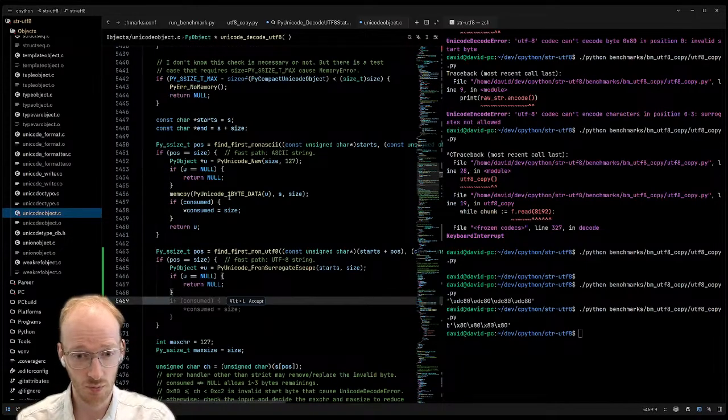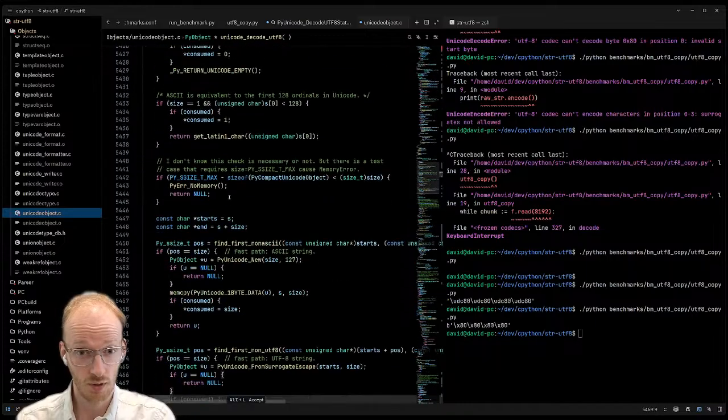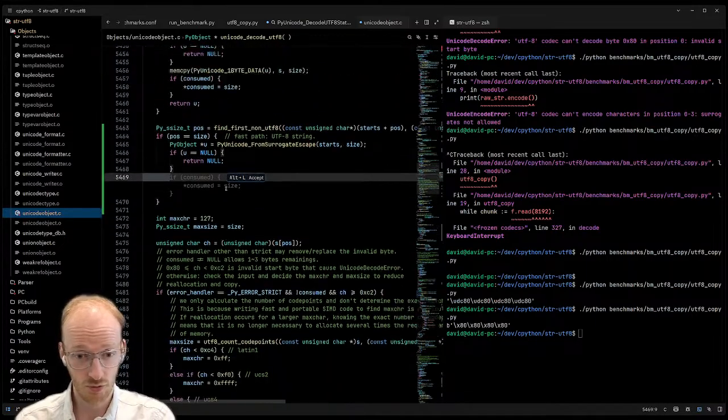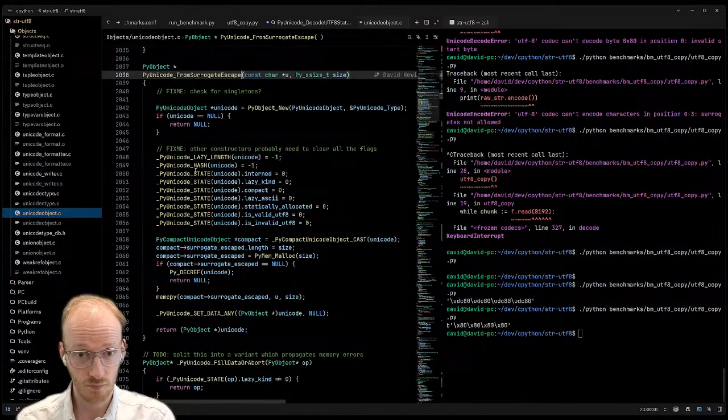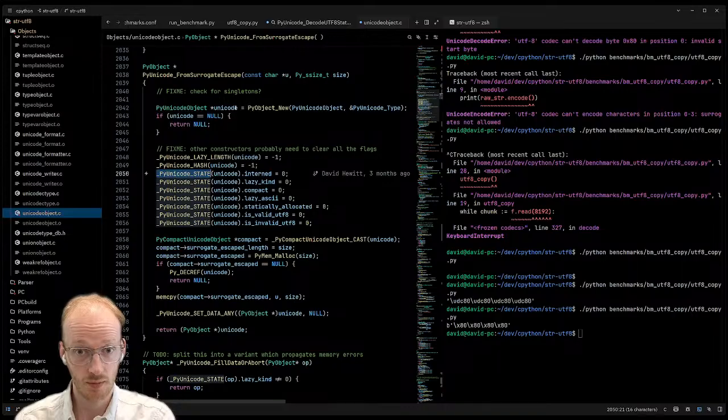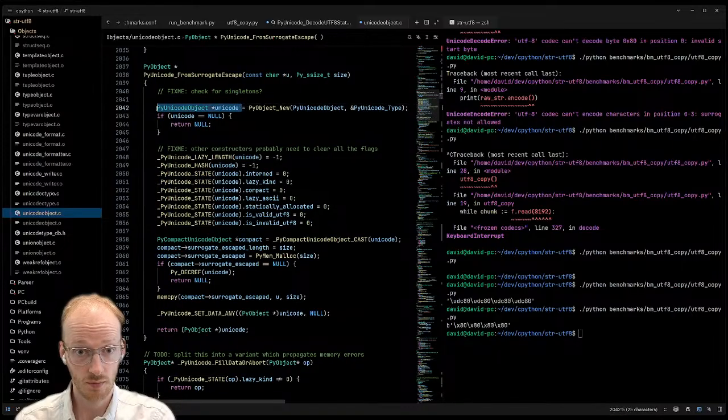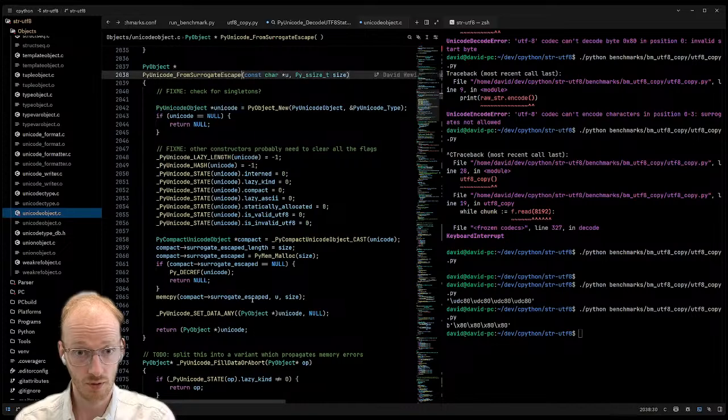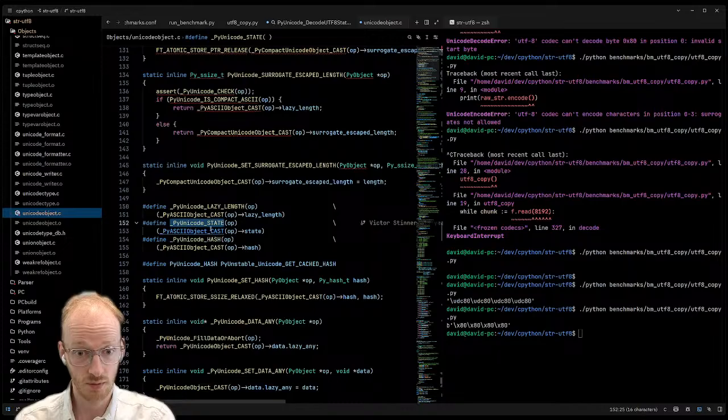Okay, and now we want the state. That's a macro, so we'll typecast automatically. I just copy that line.